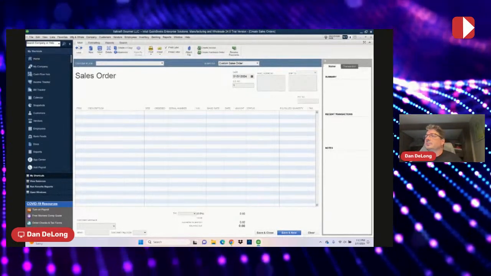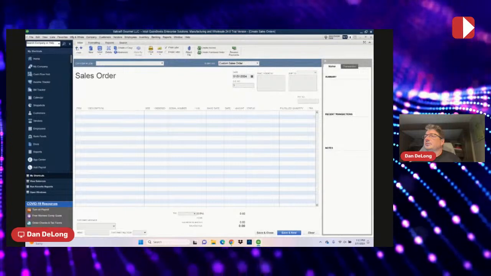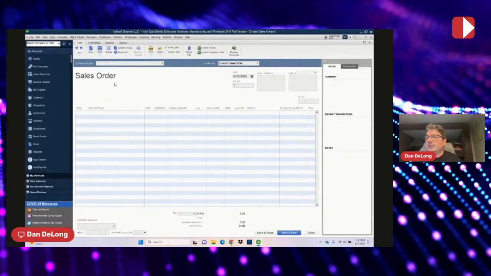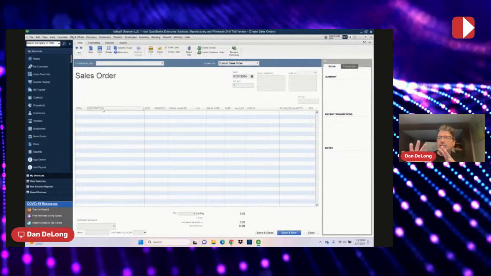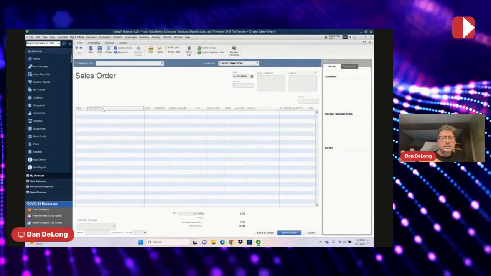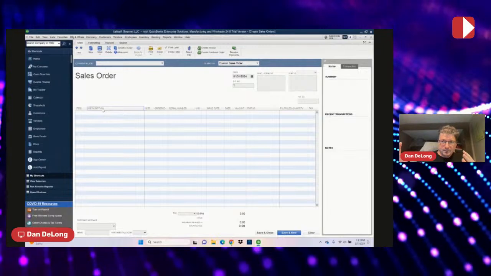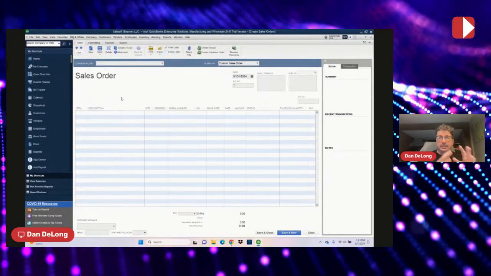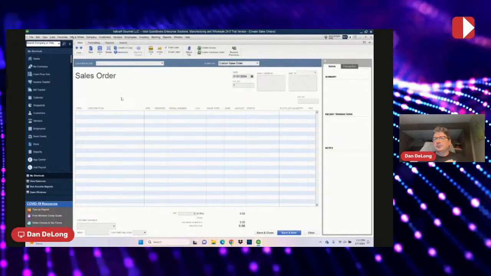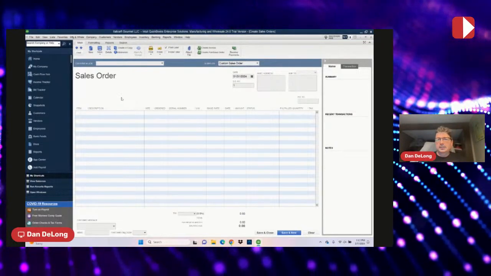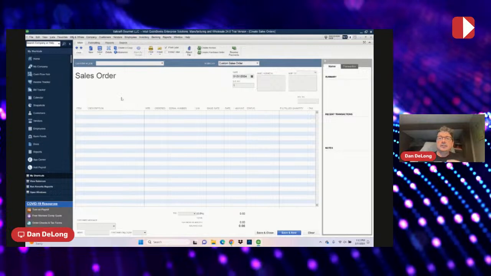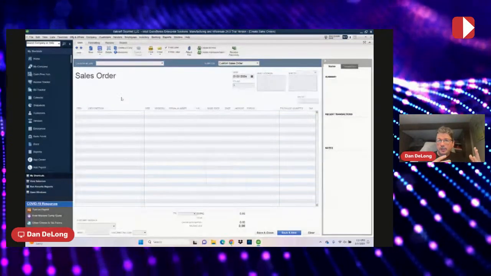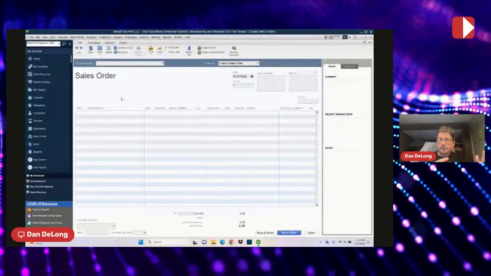So I'm just going to choose, I was hopefully going to grab a prior one, but a sales order is a transaction that is listed here that doesn't affect the financials in any way, right? So typically, that's where people would start when determining and estimating work, and then figuring whatever